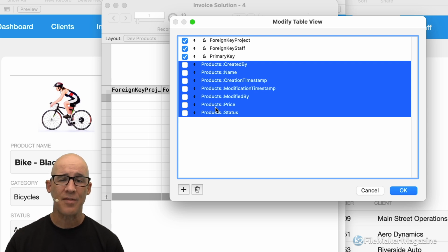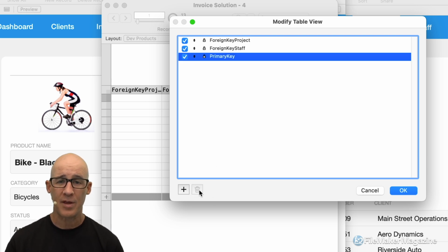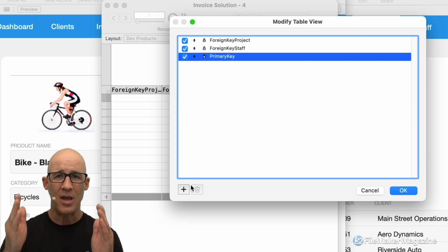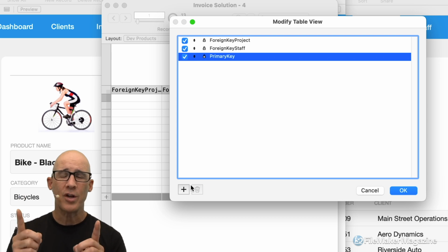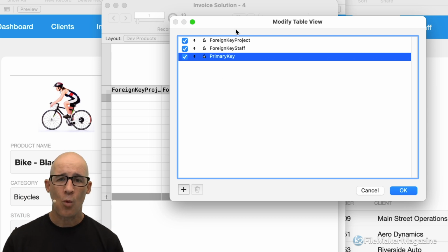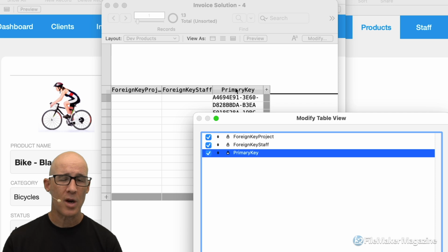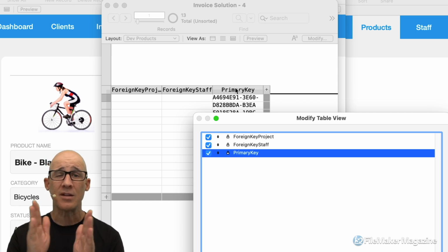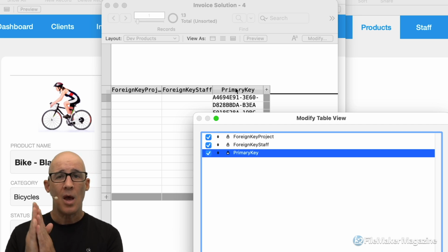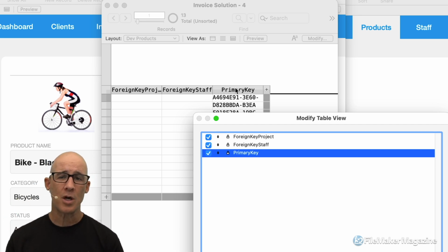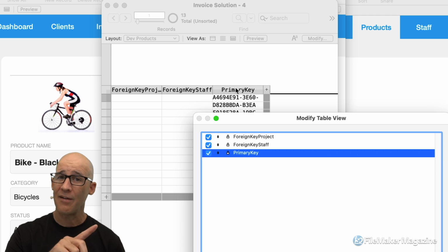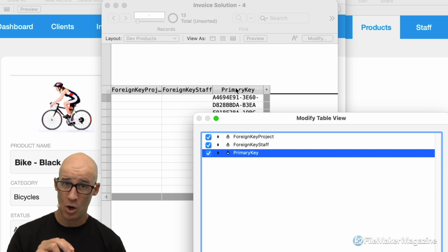So if I wanted to add them back, I would have to get rid of them now. And this is where you get to optionally show in your table view whatever you need to see. Number 1, you can keep it short and sweet by limiting it to just the data that you need to see based on the feature that you're working on. And alternatively, you get to show and hook up in your graph, whether you're using a developer table occurrence, and